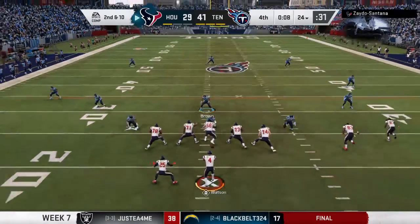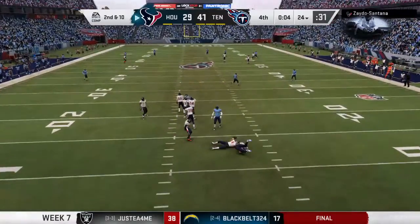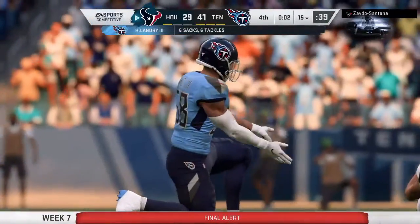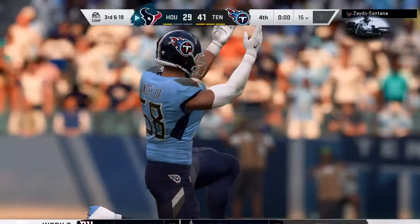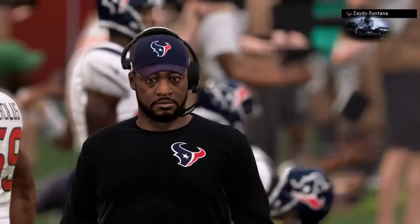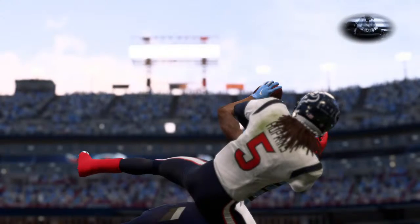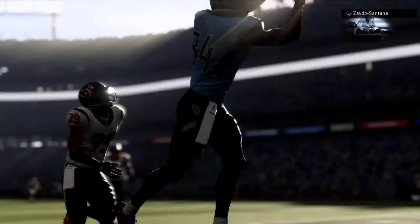From the 24, they'll go again on 2nd and 10. Nowhere to escape, and he goes down. Harold Landry, he's the culprit, and that is now his 13th sack of the season as his great year continues. A big offensive explosion helped leading them to victory, and the defensive guys